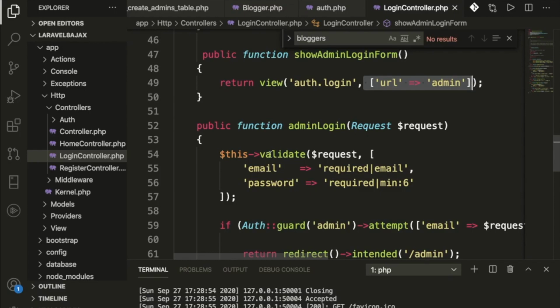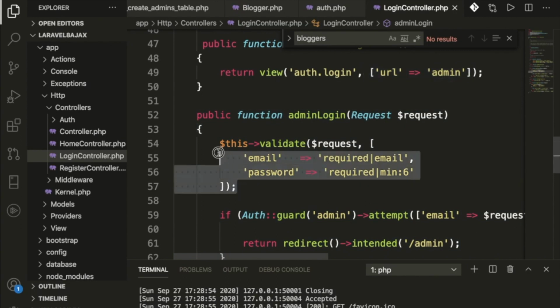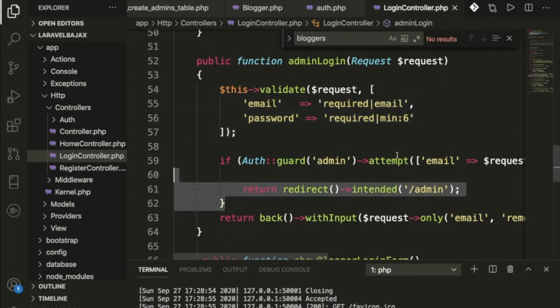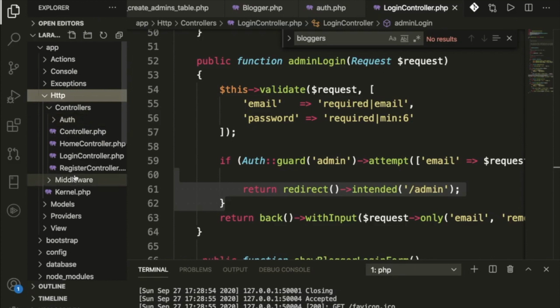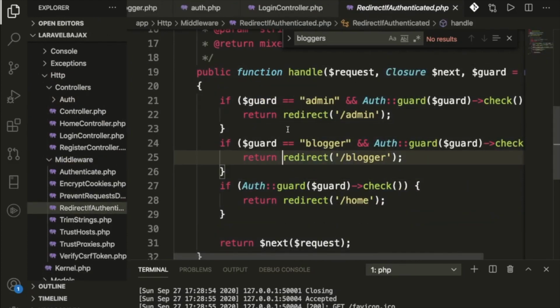Also we have admin. Once the user hits it, we validate whether the data is correct or not, and if everything is fine, then we redirect. For this authentication we have added files inside the HTTP folder, in the middleware folder, for redirection purposes.